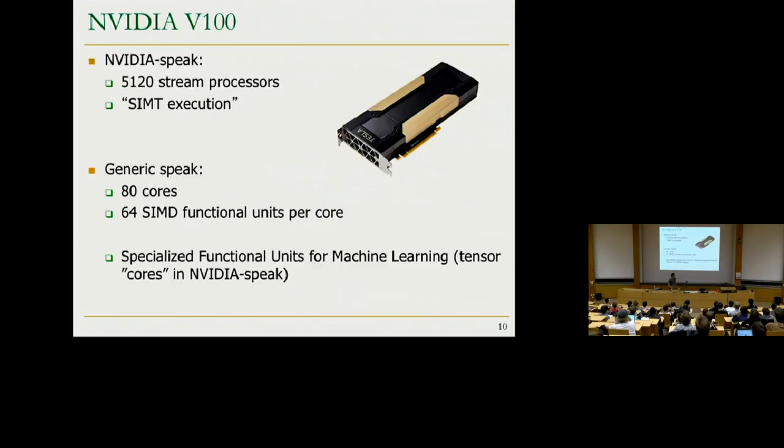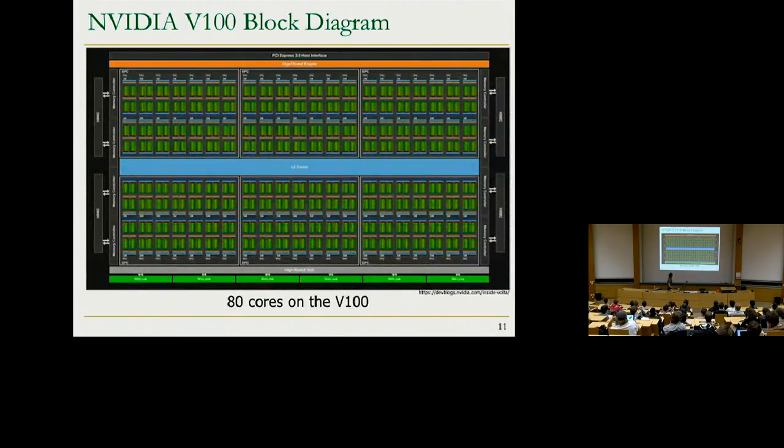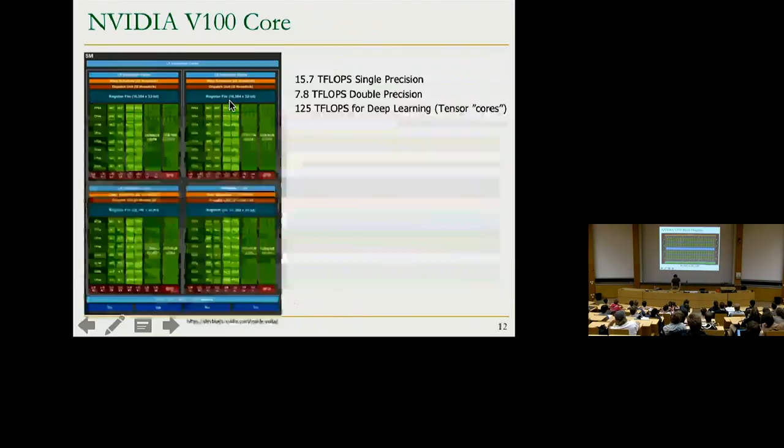And this is the NVIDIA V100. In total, it has 80 cores or SIMD pipelines, and in each of these, we have 64 functional units. Let's take a look at the entire block diagram of the V100. You can count there are 80 of these SMs or SIMD pipelines, and if we take a closer look at